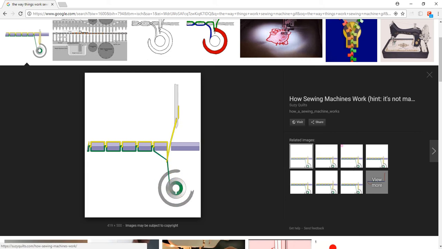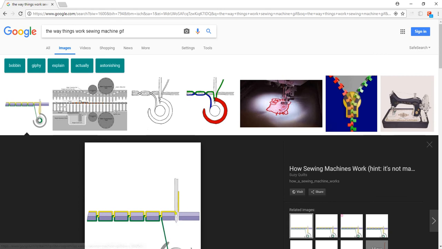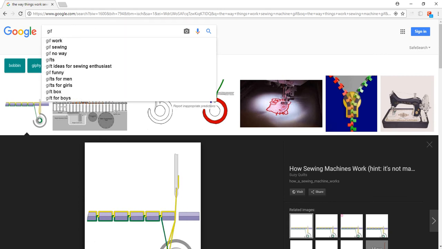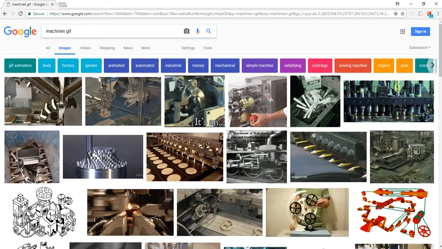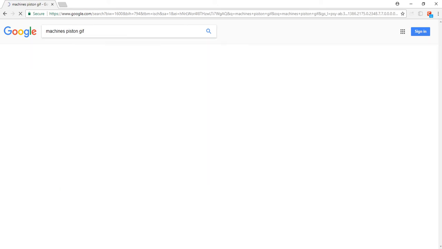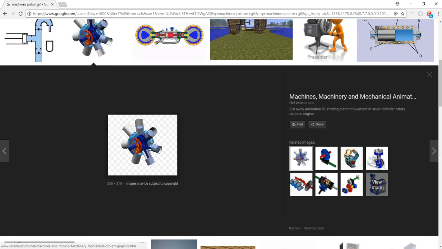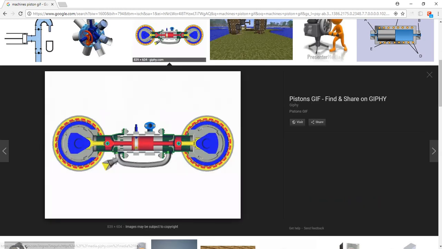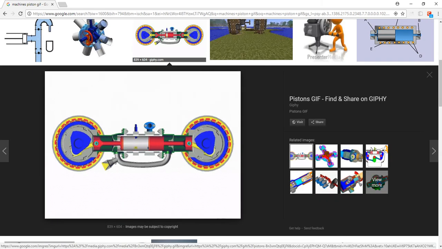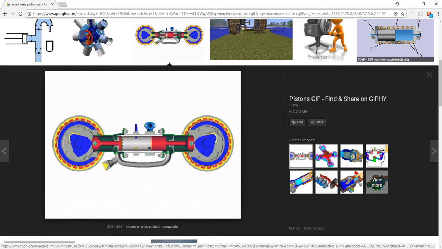So that's how a sewing machine works. That's pretty amazing. There's this thing, and it just loops it around, and then this one goes down and it catches it. It's pretty awesome. Someone thought of that, right? Machines. Here's another one for pistons and how pistons work. Here's another one. Okay, so doing these kinds of things, it makes your job a lot easier if you can figure out mathematically